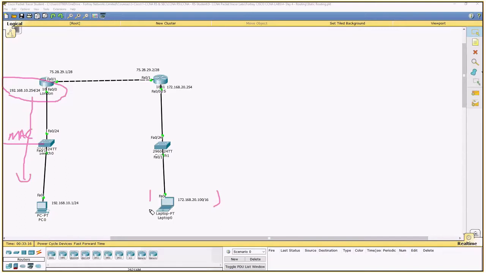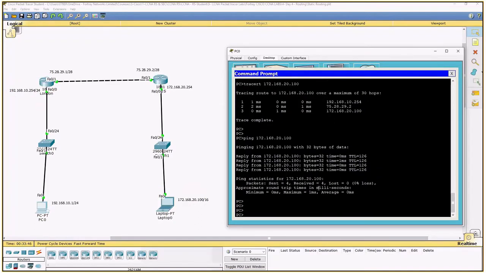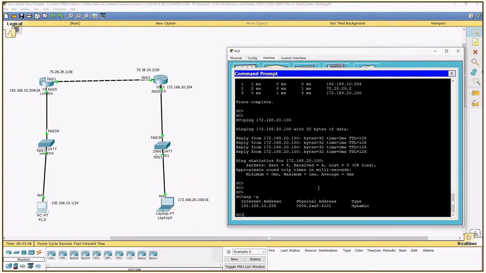Is that clear? So the router said, oh, you are looking for the MAC address of this guy. Fine. But the problem is, I can't give you the MAC address of this guy. However, I can give you the MAC address of my interface. So that's called proxy ARP. He's answering on behalf of this guy. He said, don't worry about this MAC. You want to reach this guy, no problem. In the meanwhile, use my MAC. As long as you use my MAC, that's all. And that can be verified when you go into this machine and type arp -a. Please tell me what MAC address I have.